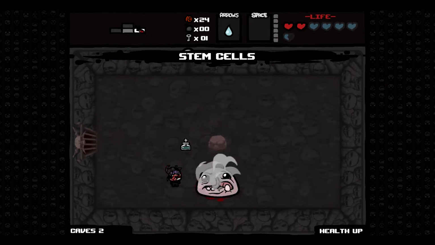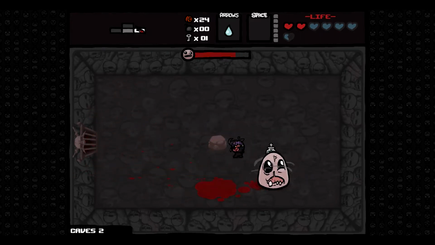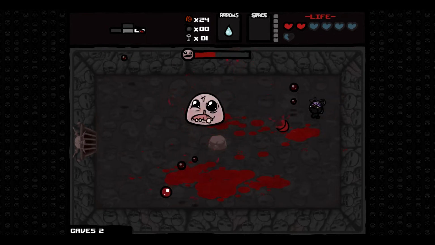I will take the stem cells for the health. We're going to fight bosses on this, for it is a second part of a floor. If it's caves part 2 or, you know, basement part 2, stuff like that, I believe you will always fight bosses in this. I might...